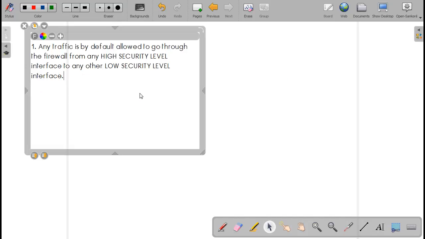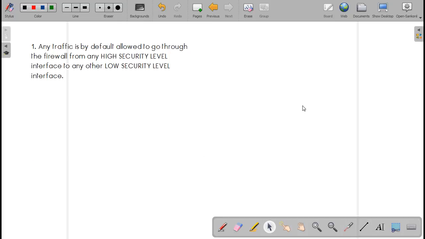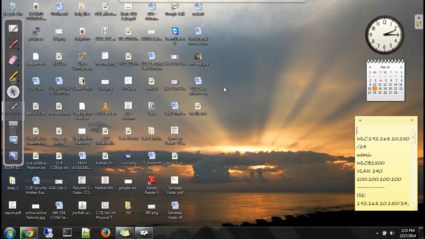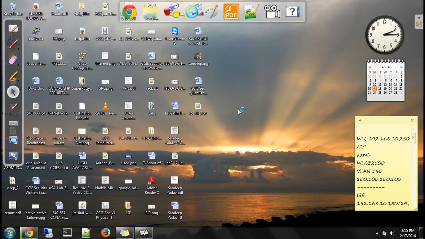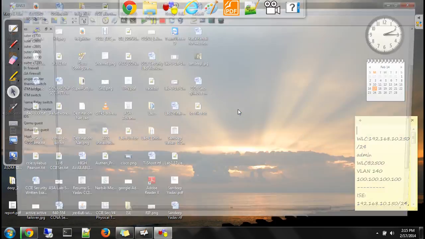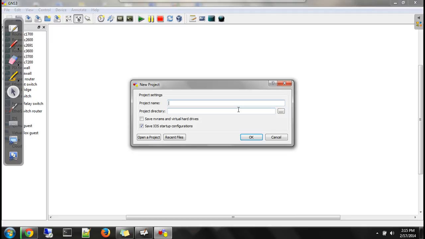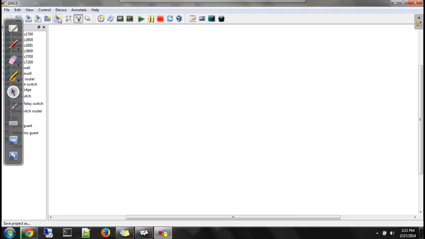Okay, now I think this part you already know. How do you prepare GNS for the firewall?